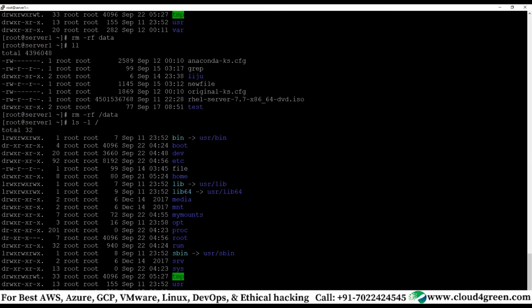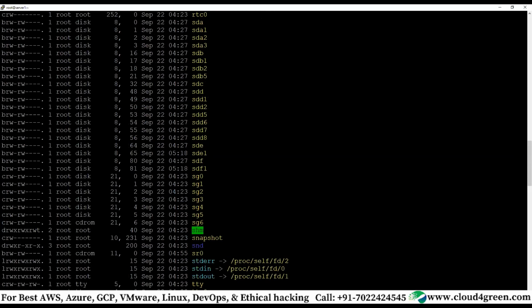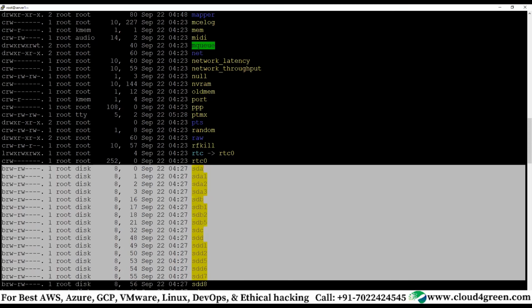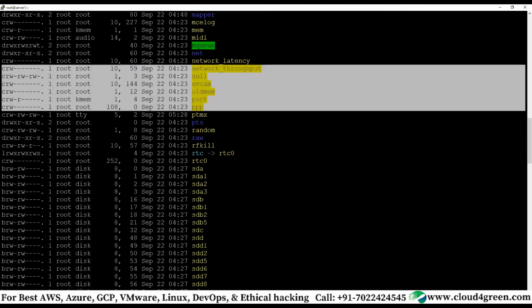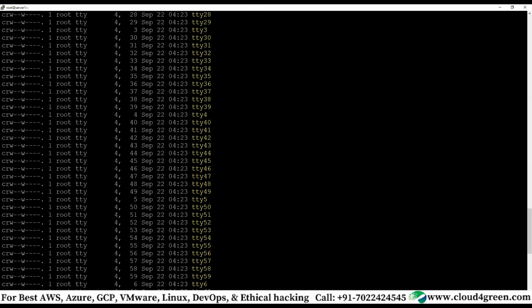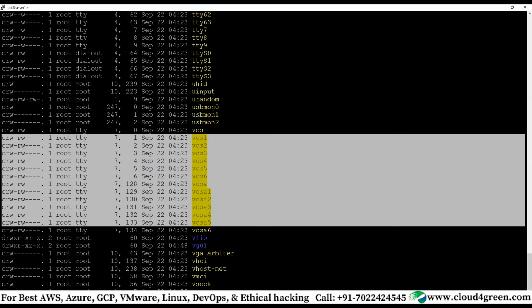Okay. So boot we have seen, root we have seen, home we have seen, dev also we have seen. What is this dev? Device map, where your device files are. In this directory, mostly you will see character devices and block devices. See all the block devices which we have created, and the character devices, right? The ports, all those things. And the terminals, virtual consoles.